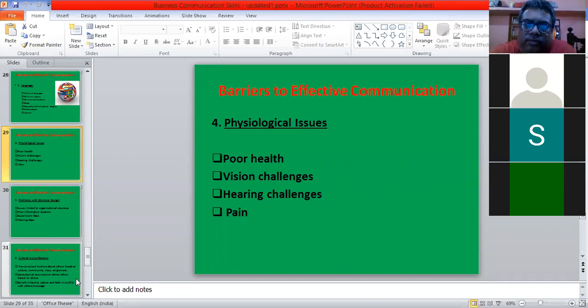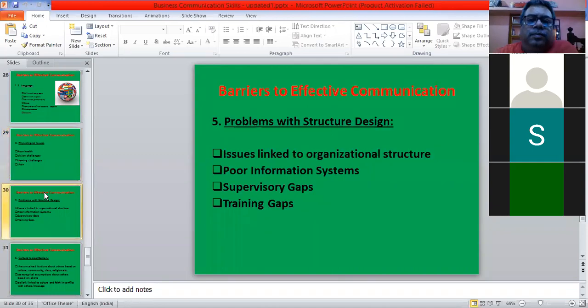Okay, you're not in the right frame of mind if you're having a pain in some part of your body. So you will not be able to communicate effectively in such a situation. Okay. Then there are issues related to structure design and how the organization structure is. That also creates gaps. So sometimes we notice that the way the organization structure is laid out,